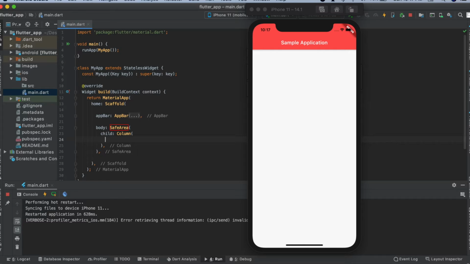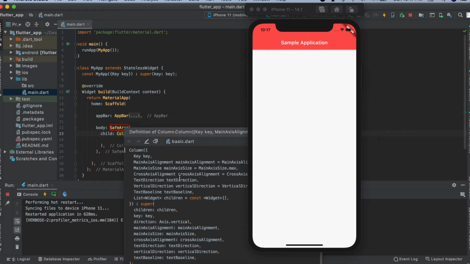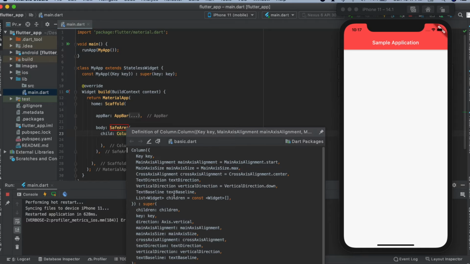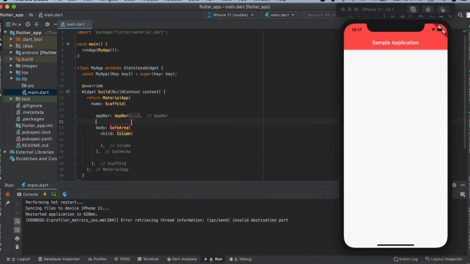So it will display your children in a vertical array. Then we have certain properties such as children, and I'll just see it from here only. Yeah, we have this many properties in your column. Okay, so for that I'll start with the child. Sorry, our children. We have children in column and row properties.